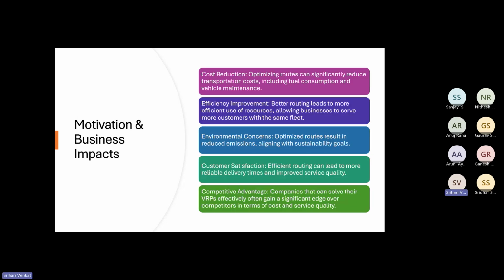But before that, let me try to motivate you behind why we even need to solve this VRP. Where is it even being used, and why? How does it affect the business? How does it impact the business? So mainly,